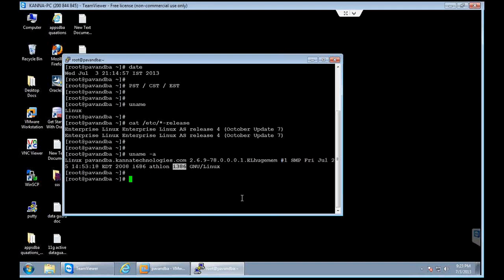So here you can see something like i386. When you see only i386, then it is a 32-bit machine.